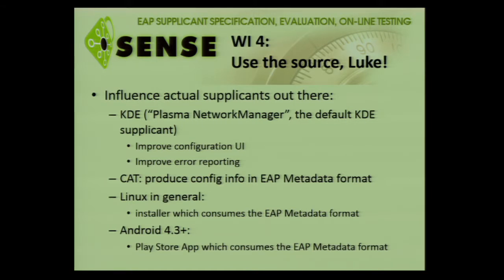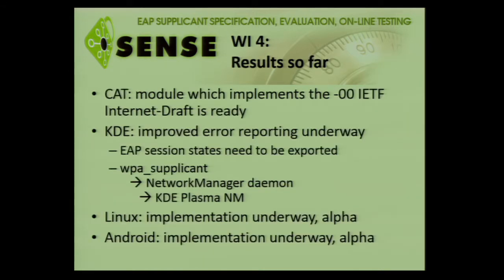So most people say, oh, the Android app. In this case, I can only say, come to the demo, and I will announce it in the last slide anyway. It is working in an alpha state, so it gets you connected to the network, it checks all the things. It is just not polished yet. So how far did we get? Yeah, the cat module is ready in its subversion trunk version, so the release 1.1 of eduroam-cat in the production version will also have it. But if you go to cat.eduroam.org, you will not see it there yet.